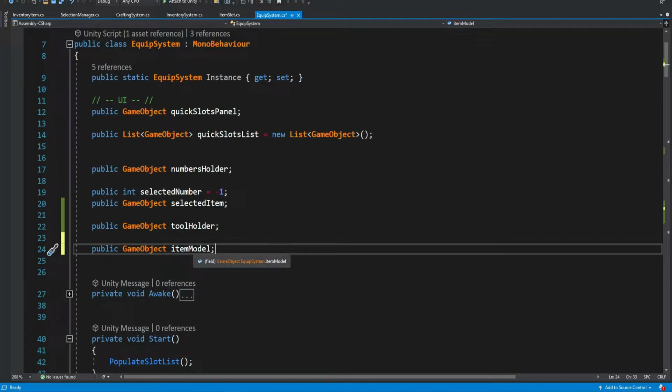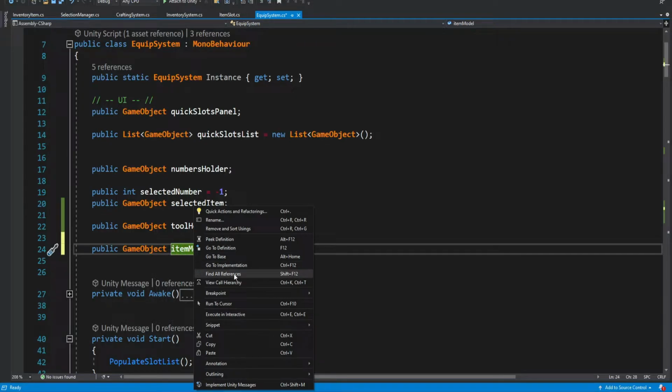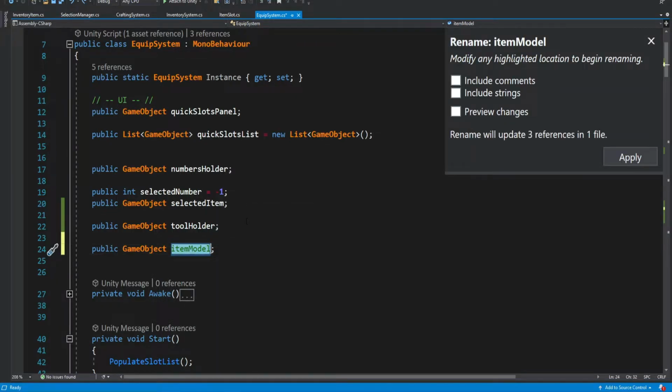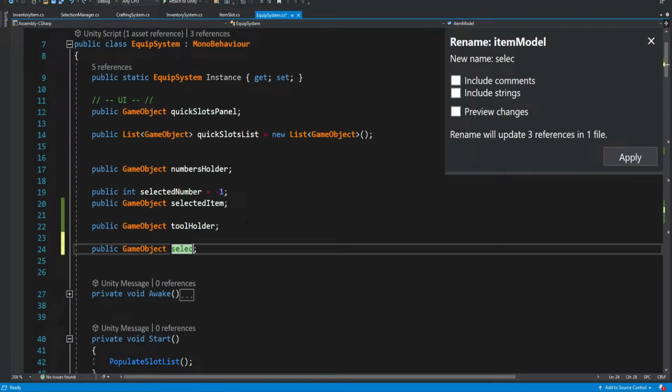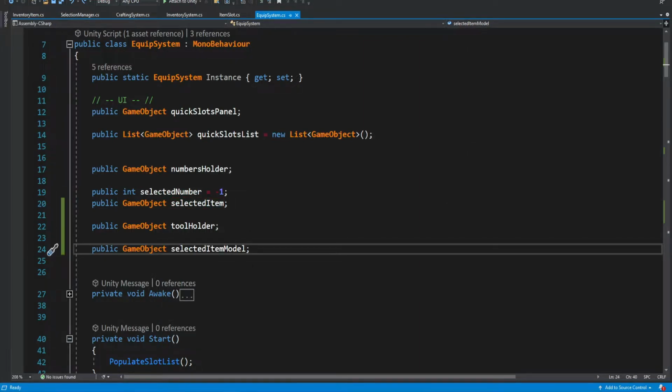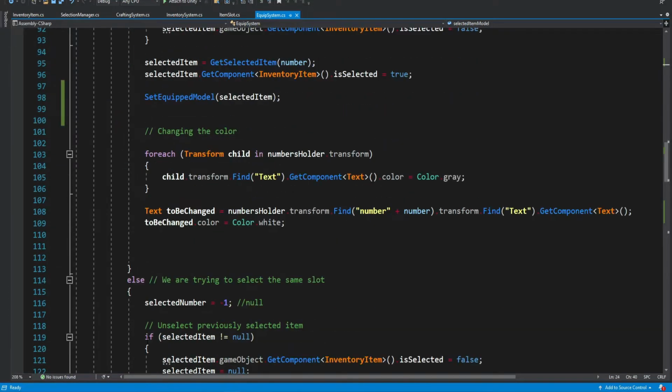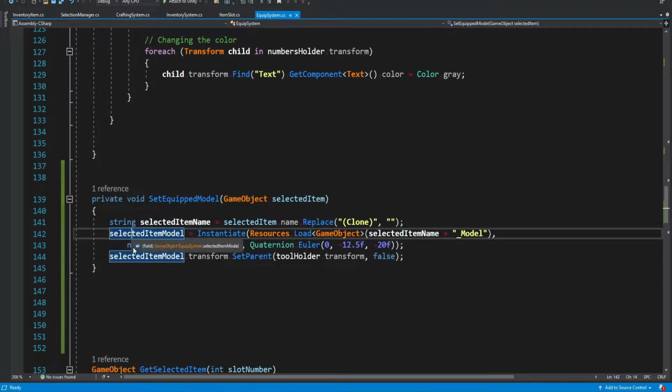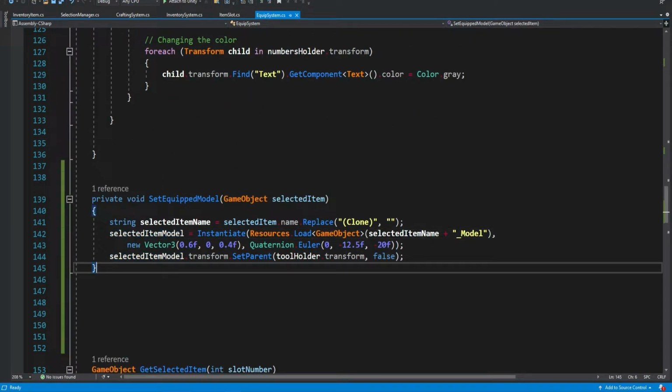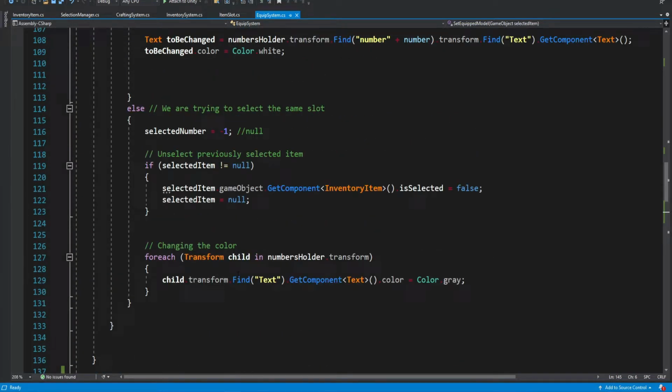And we are also going to change the name, so we're going to rename it to selected item model, okay? So now it also changed the names over here, selected item model.